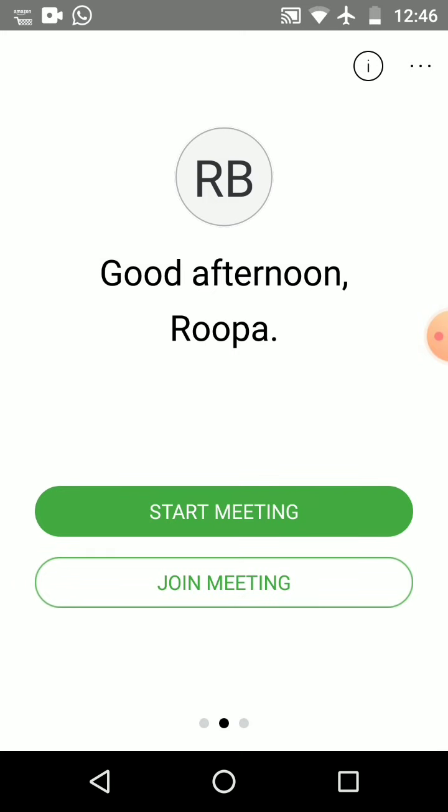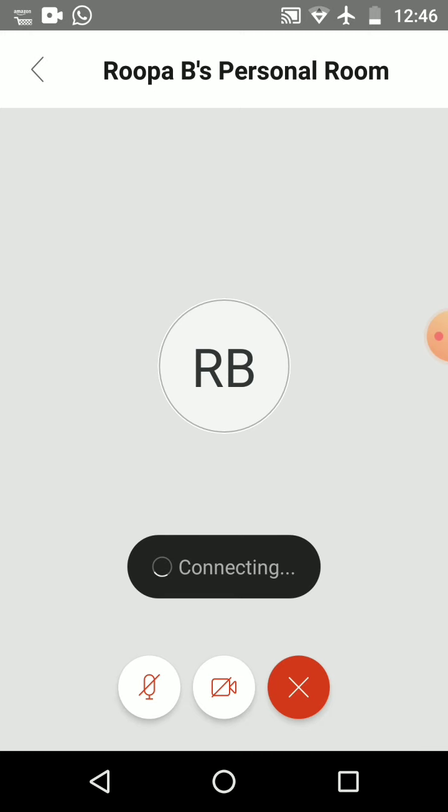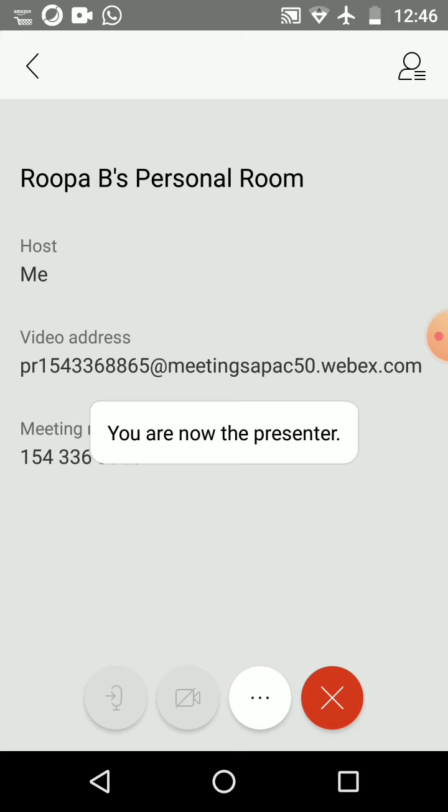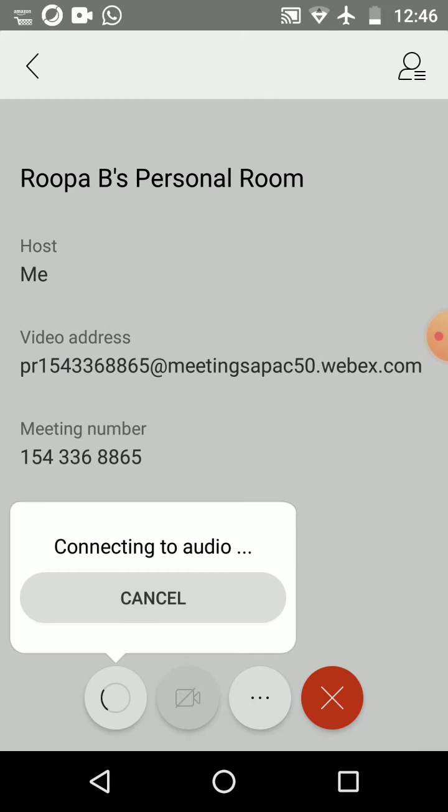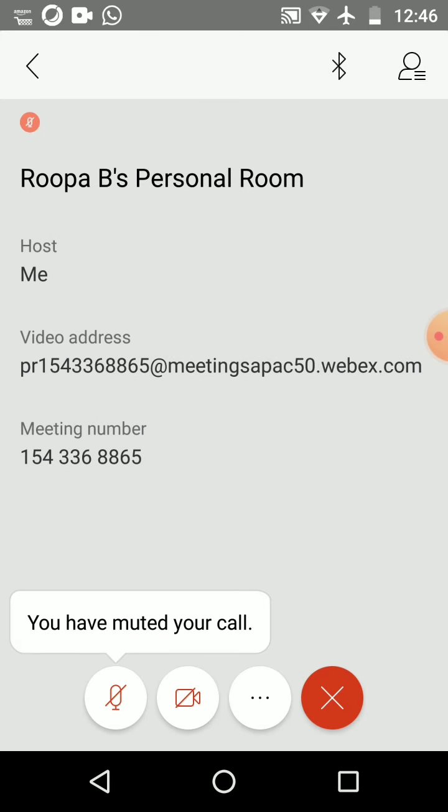Now you can see this is my meeting room. I can go for two options, start meeting. So here I go for start meeting. It will ask you for some options, whether you allow access to your audio, video and all that. You click allow. There will be two or three options. Since I have already used it, it is not asking me again. When you run it for the first time, they will ask you for allowing access for audio, video and all that.